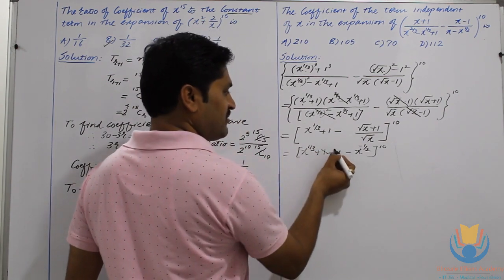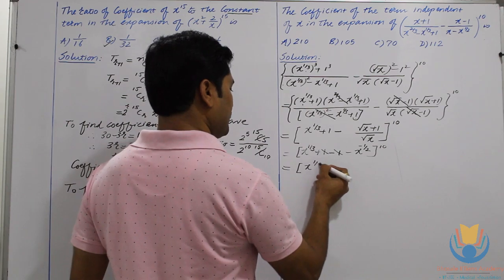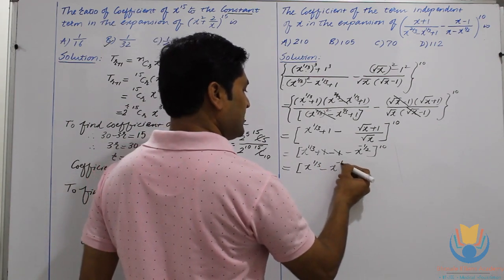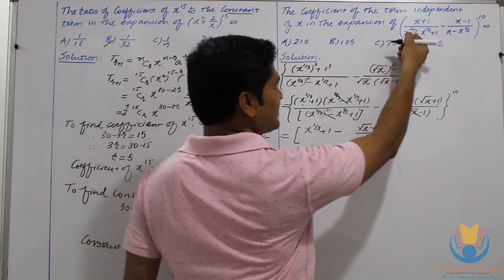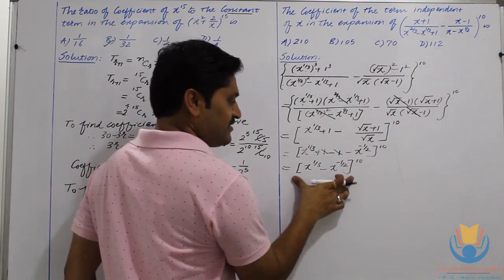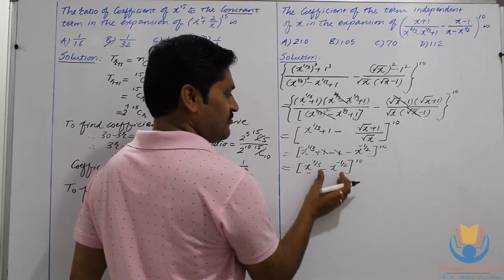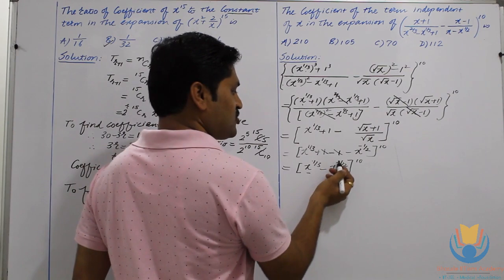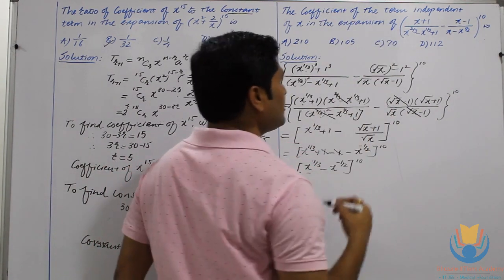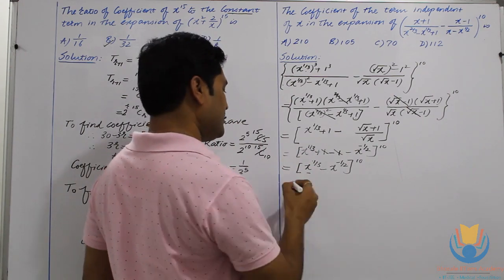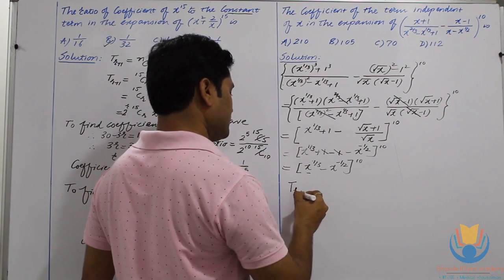So this plus 1 minus 1 get cancelled, and it is simply x raised to 1 upon 3 minus x raised to minus half left. So now we can see this expression. This expression we have simplified as this one. That means here the value of x is x raised to 1 upon 3, that of a is minus x raised to minus half. So let's use that formula, as we are going to find the term independent of x, meaning the constant term. So therefore that formula we will use here directly.